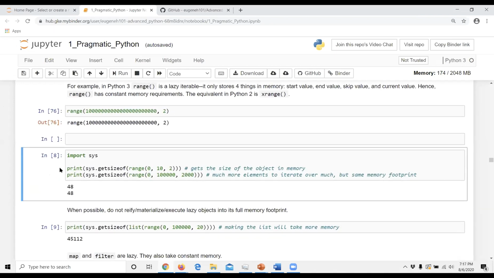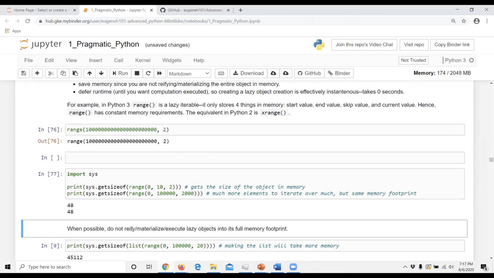So to show you that I'm not lying, that it really does store constant memory, let's say I want a range of numbers from 0 through 8, even numbers. But then I do the same thing with 0 through 100,000. Both of these objects in memory take only 48 bytes.